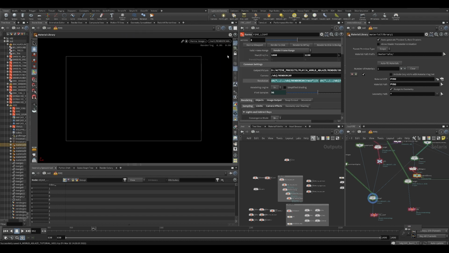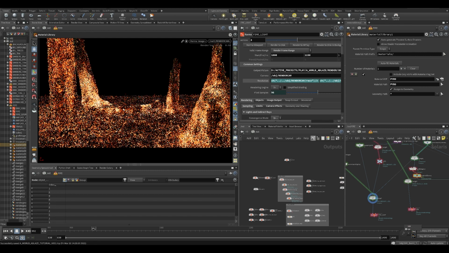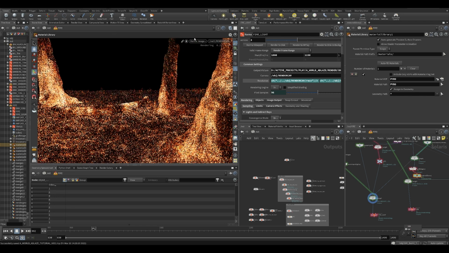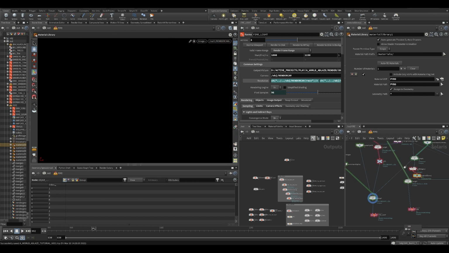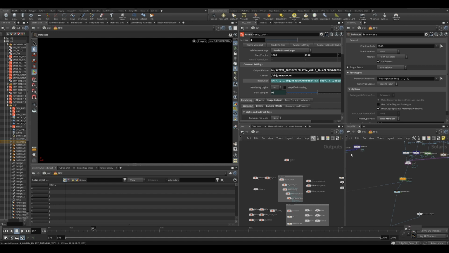Let's look through the camera. You can see this is really slow, so that's why I split it up. But yeah, that's why I did it like that. Now you might ask, okay, why did I do this instancing like this? Well, there's a problem with instancing stuff like this in